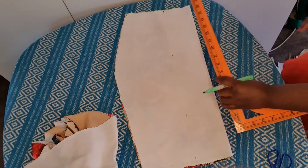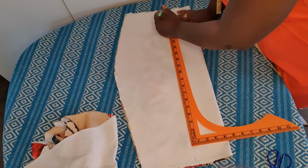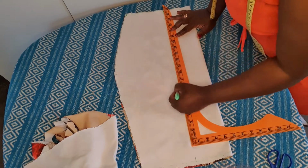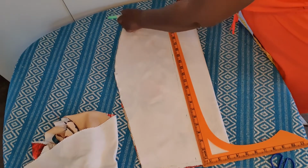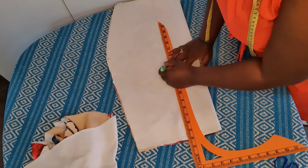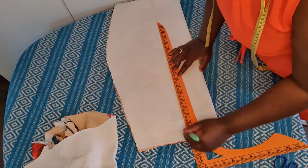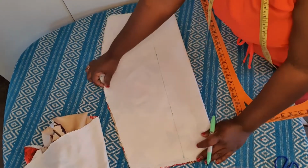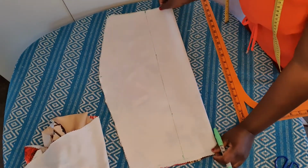Okay, just grabbing my ruler, and again I'm using a marker so that it will be visible to you. The chalk that I have is kind of cream, so you really wouldn't be able to see what I'm doing. So you would draw this line that way. Okay, so you're just connecting it from your dart position, your revised dart position. Okay, so you place it nicely, and then now